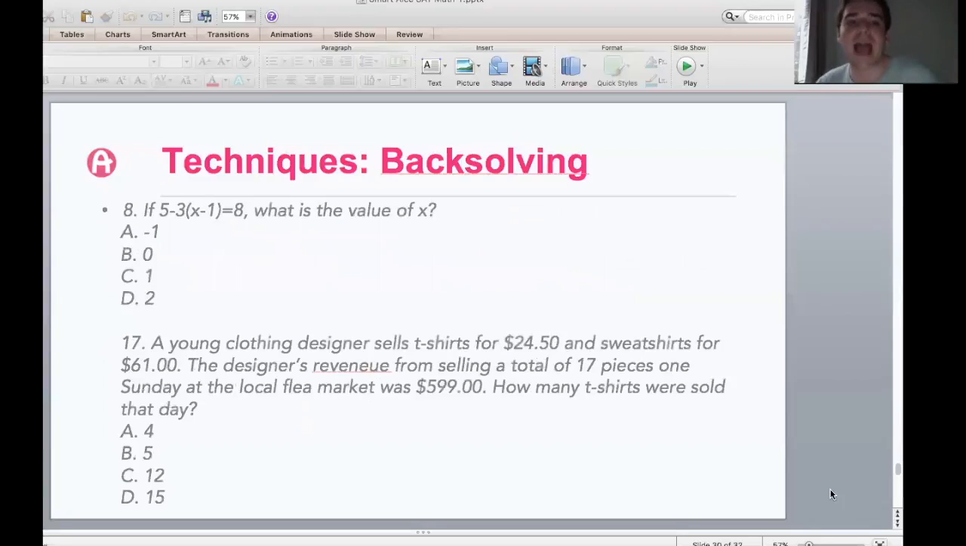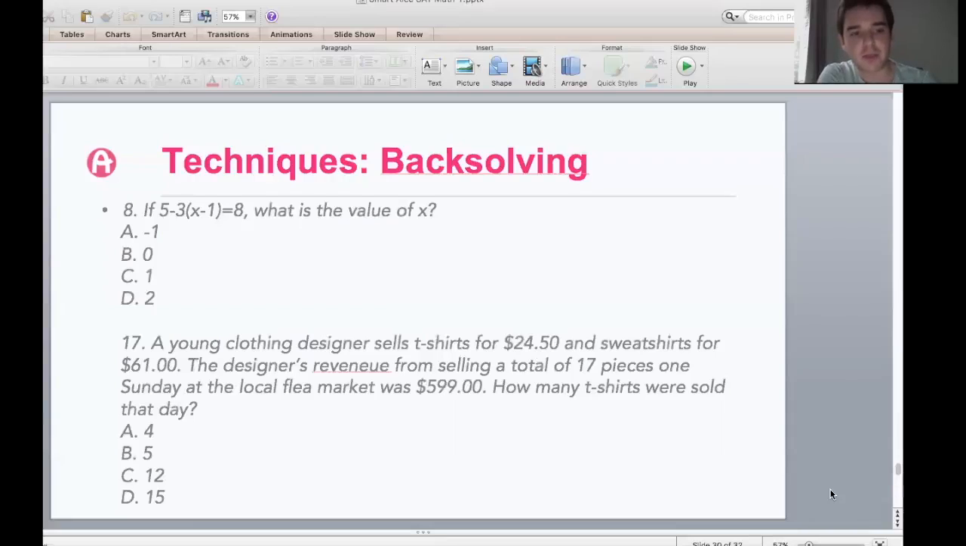So some examples of back solving. Number 8, pretty easy, low numbered question. If 5 minus 3 times x minus 1 equals 8, what's the value of x? Okay, so this is an example where it's quite straightforward algebra. Really not so difficult to do the proper way. And there are some times where these techniques might take longer than doing it the proper way, but just as an example,